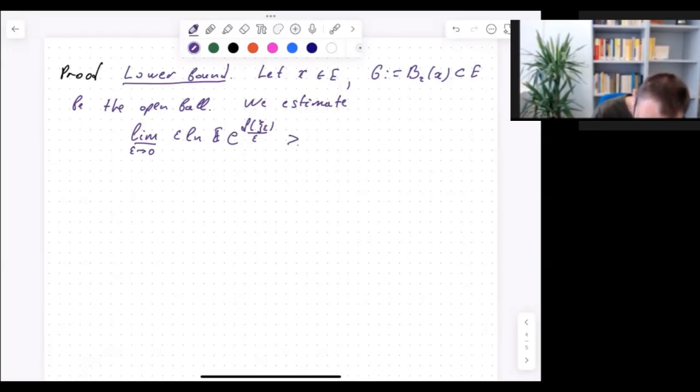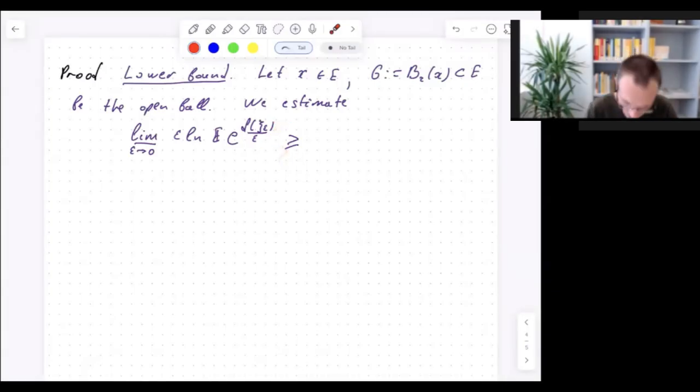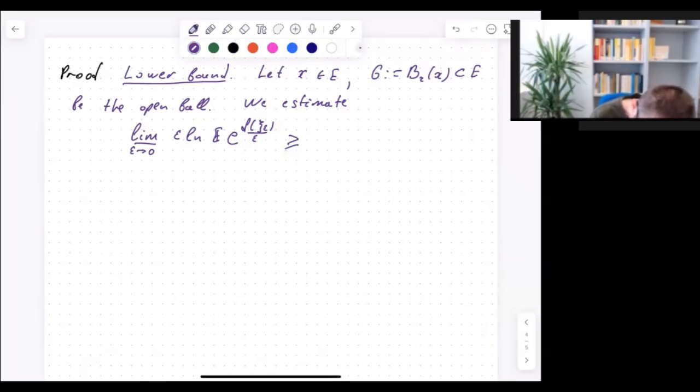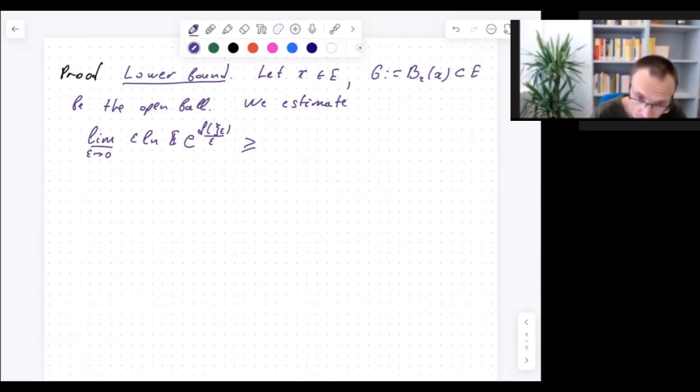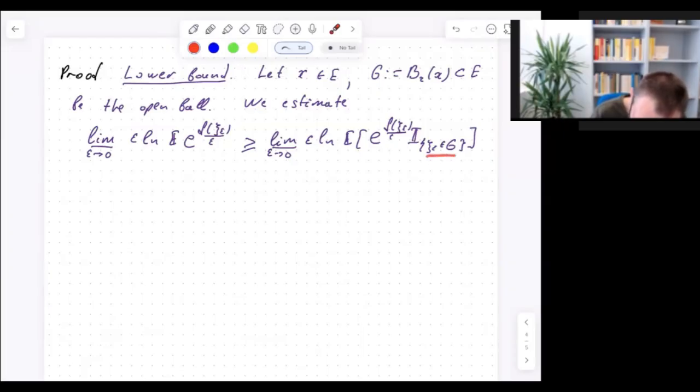And then, of course, this is larger than the same expression when we put here the indicator of the set G. So it is larger or equal than the lim, epsilon goes to 0, epsilon logarithm of the expectation of e to the power f of psi epsilon divided by epsilon, and then we have the indicator that psi epsilon belongs to G. And now, since we know that psi epsilon belongs to G, we can estimate this term from below by the infimum